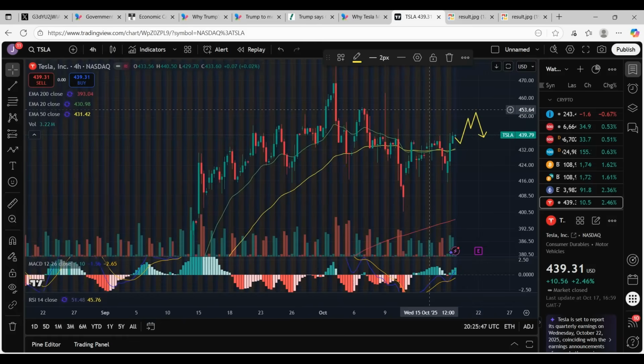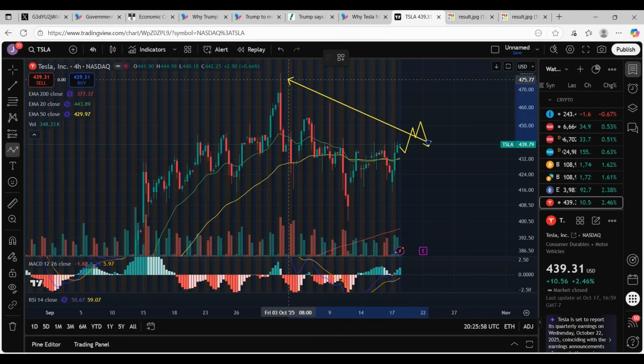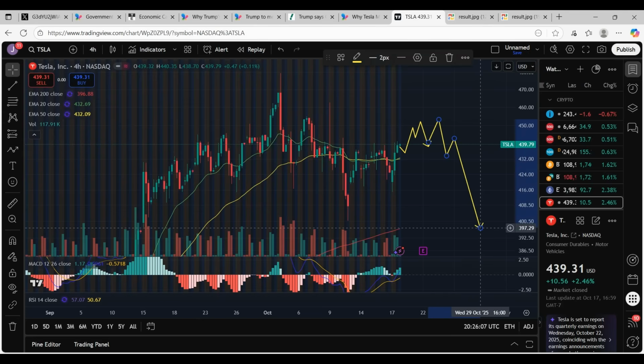Now, this could be a trap, though, so don't be overly bullish. We still have a larger head and shoulders. And even if Tesla pumps a bit approaching its earnings, that does not mean we're just going to go to new all-time highs. Although it's possible we have to take out this high first, it's also possible we pump a bit, then we turn back down. Sometimes earnings are like buy the rumor, sell the news,